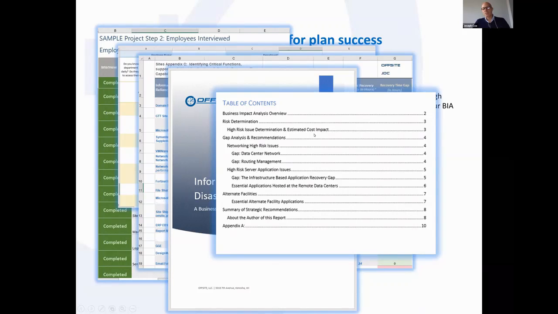Whoever is leading this report and writing these things needs to look at how risk for your company is determined, estimate the cost impact, talk about the gaps in detail, perhaps even getting into potential, at this time, the cost to eliminate the gaps, maybe doing some comparisons of the cost to eliminate the gaps versus the risk you've calculated. So you start to put some math behind this and really view this from the perspective of a business owner,